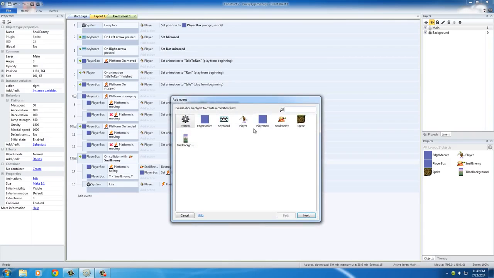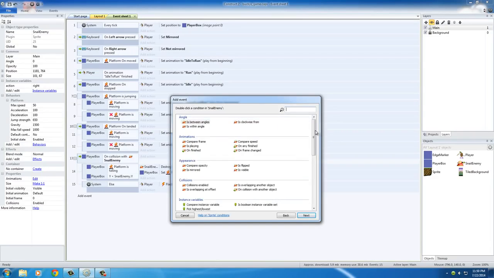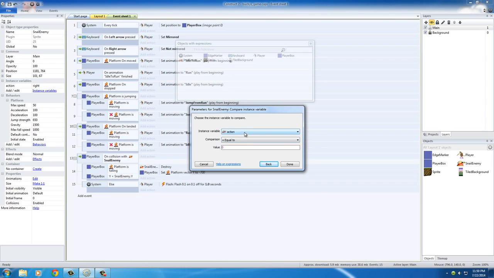So in order to do that, hop over to your event sheet and we're going to add some events. The first one is add event, and also since there's no bounding box for the snail, we can just work directly on the snail object, which makes it a lot easier to explain. So the snail enemy, and since we're working with an instance variable, we want to put compare instance variable. So the variable that we just made, and the only one we can select, which makes it even easier, is action. So when action is equal to, and use quotes right here, when action is equal to right,